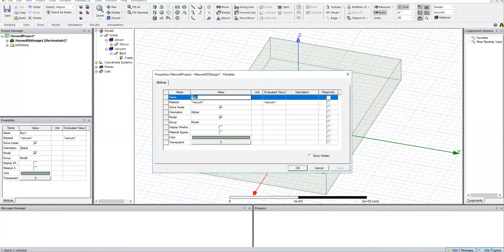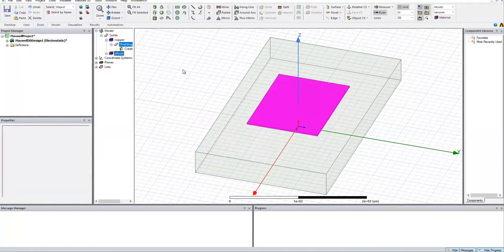So as you can see, the shielding electrode is there. Now you can change the name and also assign the material. We are using copper for the shielding electrode.